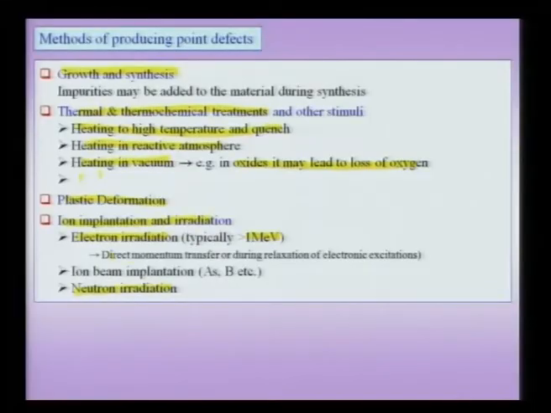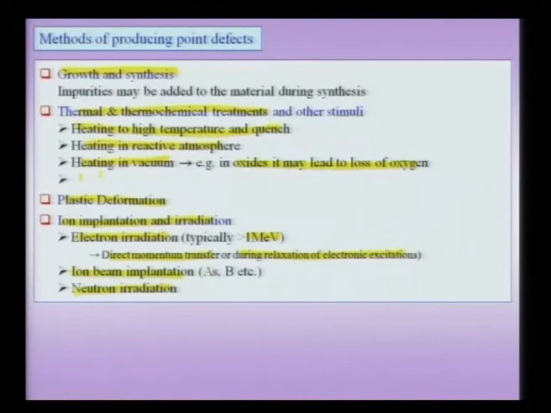Even here there are possibilities: the direct momentum transfer from the electron can lead to the formation of the defect, or it could happen during the relaxation of the electronic excitations. That means if you have produced a high energy level and the system is relaxing to the ground state, some of the emissions coming out could lead to the formation of damage in the crystal, the formation of point defects in this case. Ion beam implantation, which is of course the technology of focused ion beam, etc., can also give rise to some of these point defects,